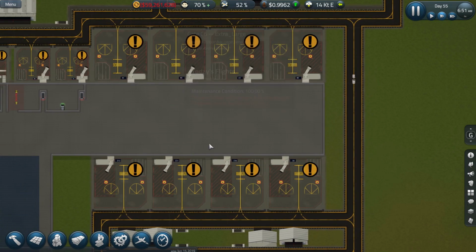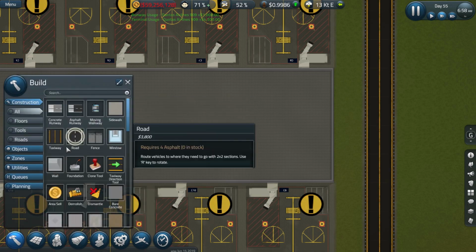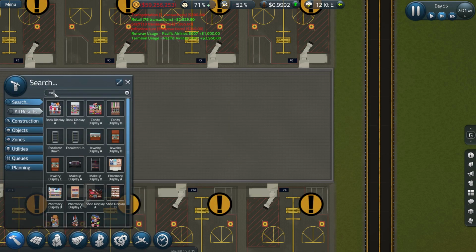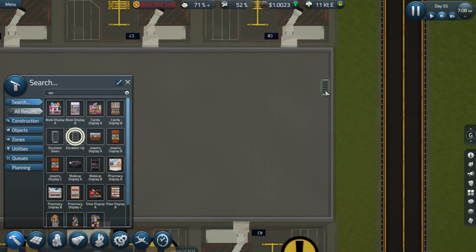And then 2 and 2. That does seem reasonable to me. So let me get escalator to go up over here. I want to mix it up a little. So if we go escalator up,